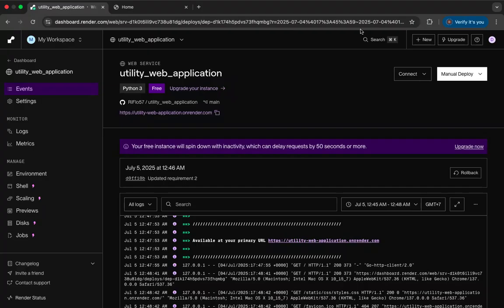In this video, I'll be guiding you through the key features of the application, starting with user registration and login, and then moving through each individual module. To begin with, this is our render.com dashboard for the utility web application, and the utility web application is live at this point. We'll go ahead and move on to the home page here, beginning with our registration system,